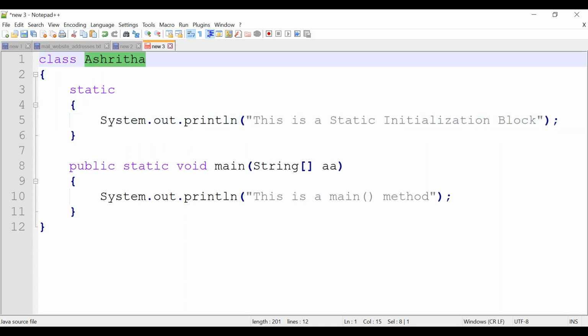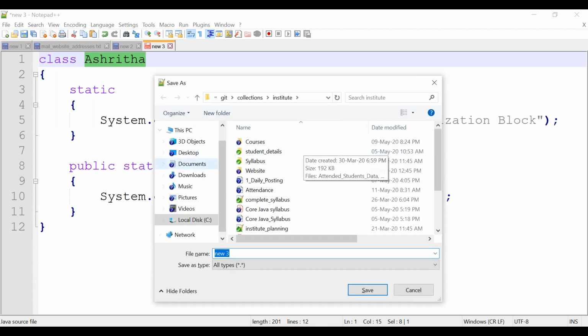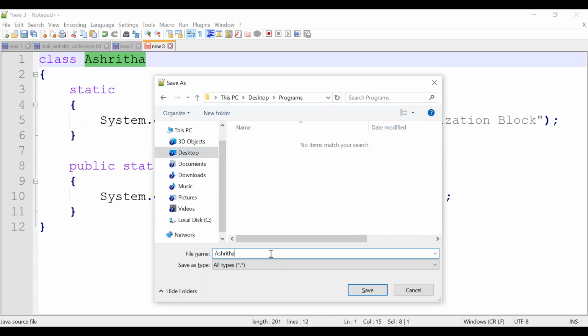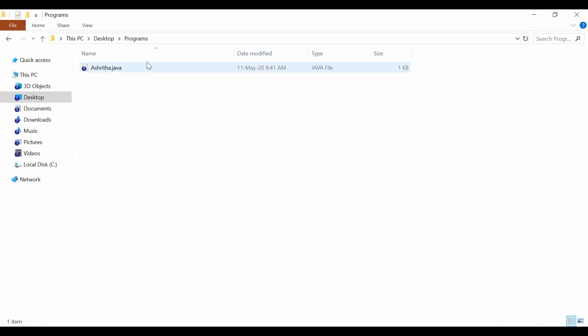Inside a static block, you can keep any number of statements. Let's save this class. I'm storing it inside the programs directory as the class name dot java. Once saved, open the command prompt, cmd.